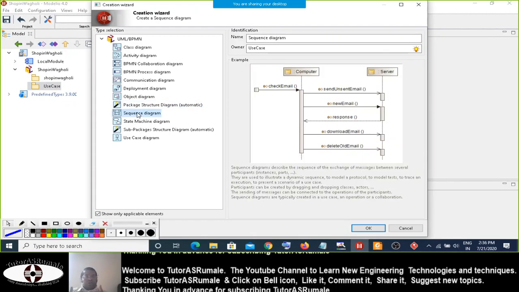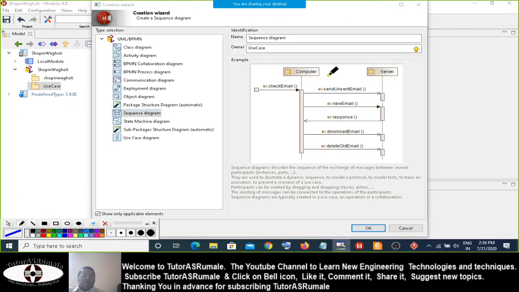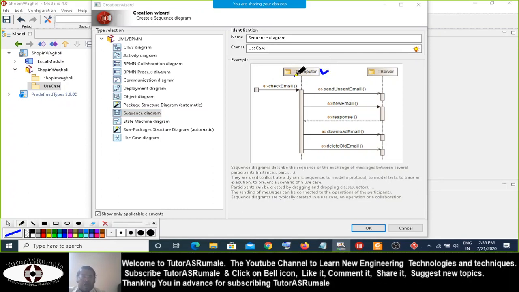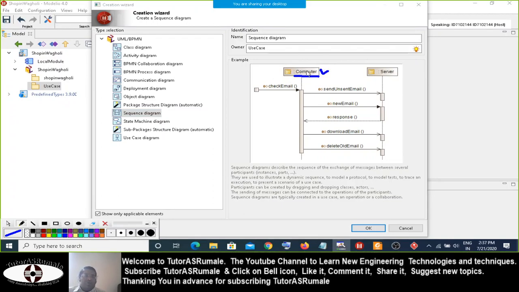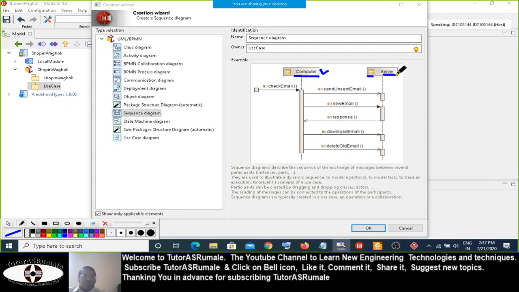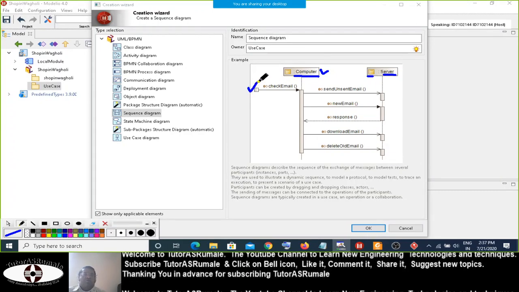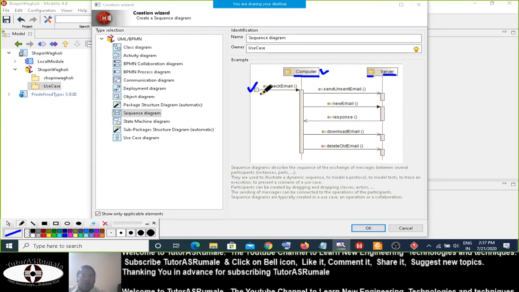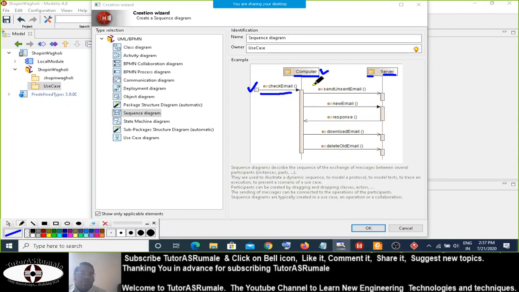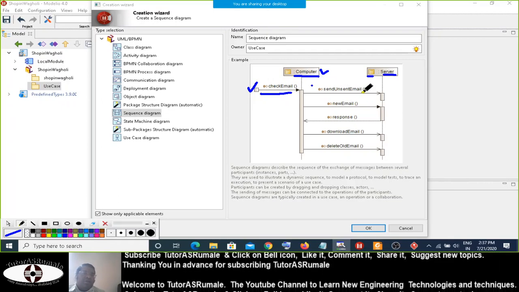Sequence diagram actually shows what you are making in a sequence. So you have here one object, a machine which is of type class computer. Okay, so this is an object. Here you have a machine which is of type class server. So this is one object, and here you have a human or a system user who has only one operation, and that operation is check email. So when this check email operation starts, what exactly is it doing? First operation for the check email: send email.